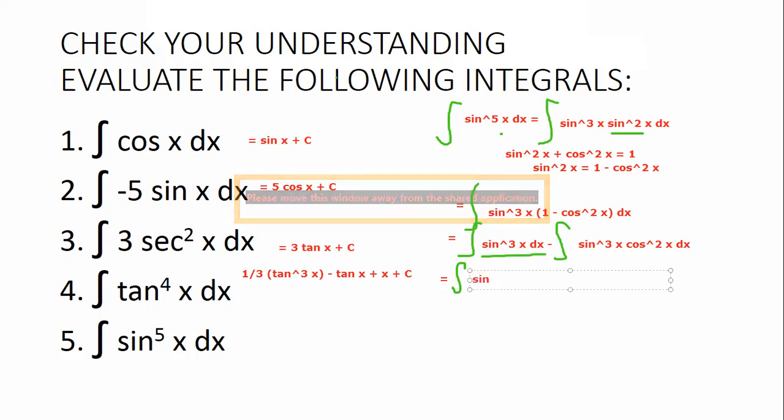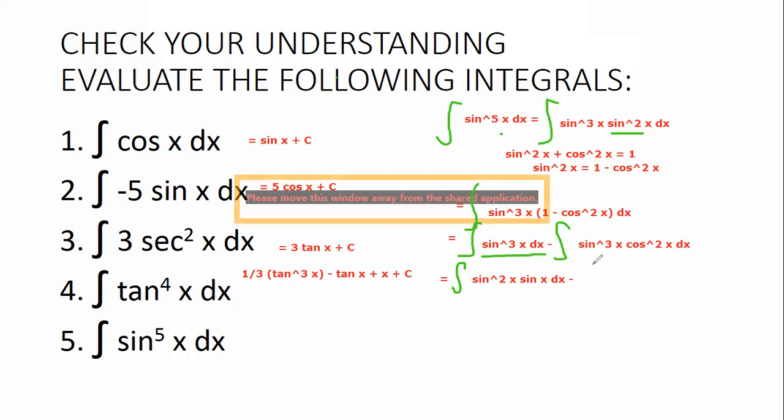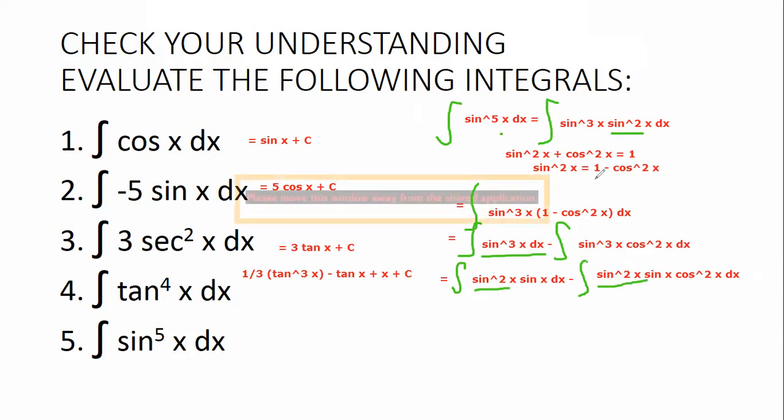So sine squared x and sine of x dx, minus, we do the same for sine cube of x on the other term: sine squared x sine x cosine squared x. Again, we replace this sine squared x by this trigonometric identity,